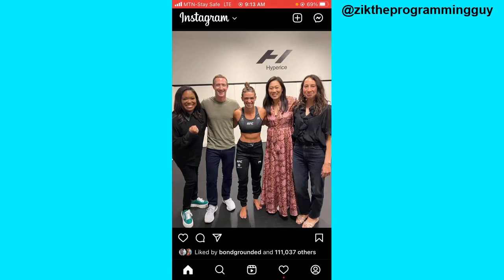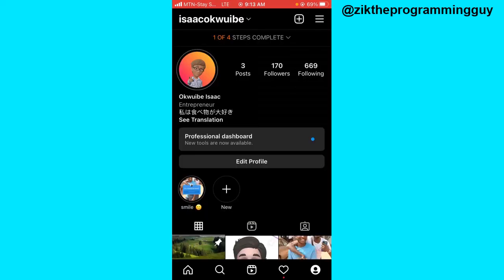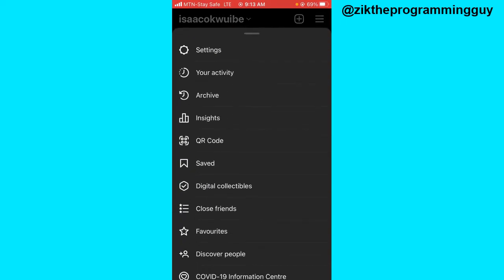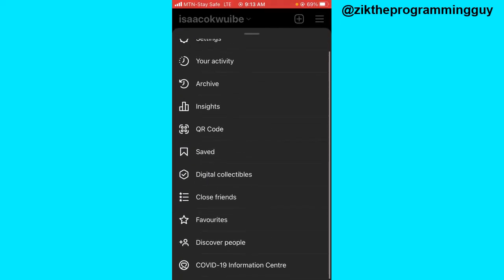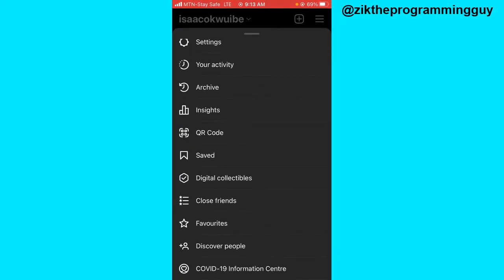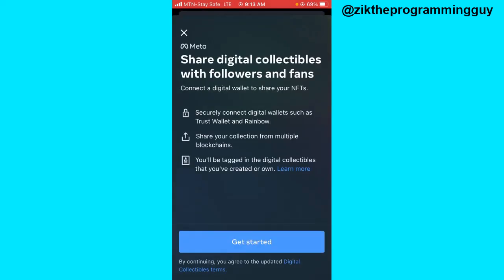Now if you want to do that guys, the first step you have to take is to open your Instagram app, head to your profile, and right here from your profile you have to click on the three lines at the top right corner of your screen. Then you're going to find this digital collectibles feature right here. Tap on that. Now you can get started by clicking on the get started button at the bottom, but just